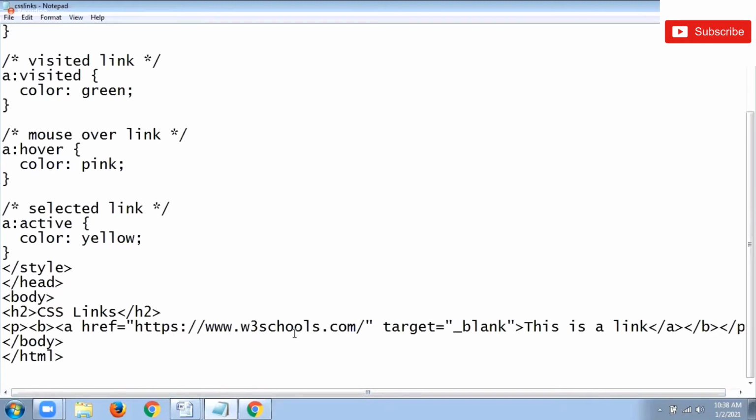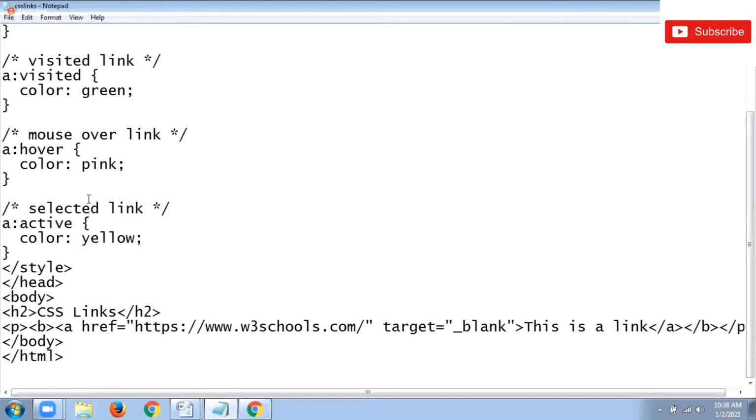The link I mentioned, like HTTP w3schools. Okay, then you need to close. So these are the two important parts. You need to start the anchor tag, followed by the particular hyperlink reference. Then you have to specify target. Here for this target I used the _blank property, nothing but my web page is going to display with this particular hyperlink.